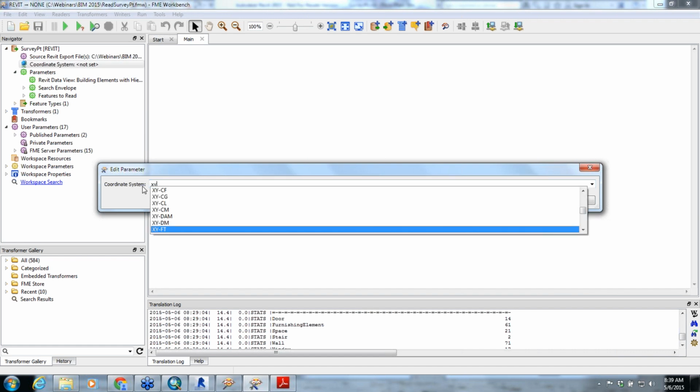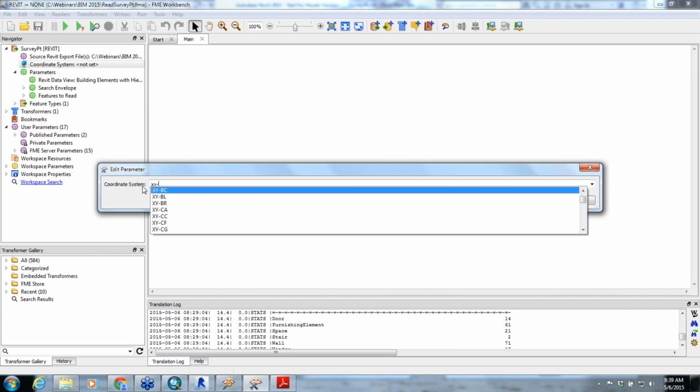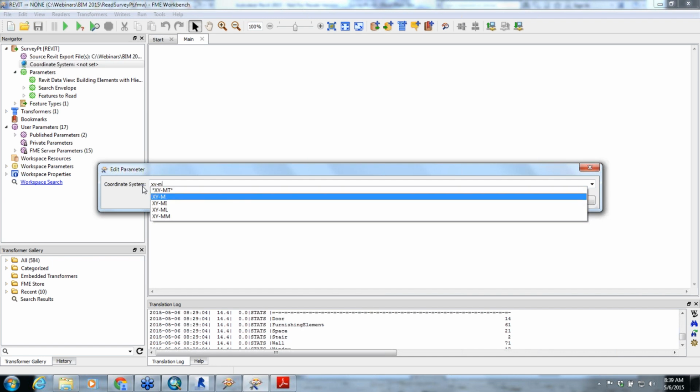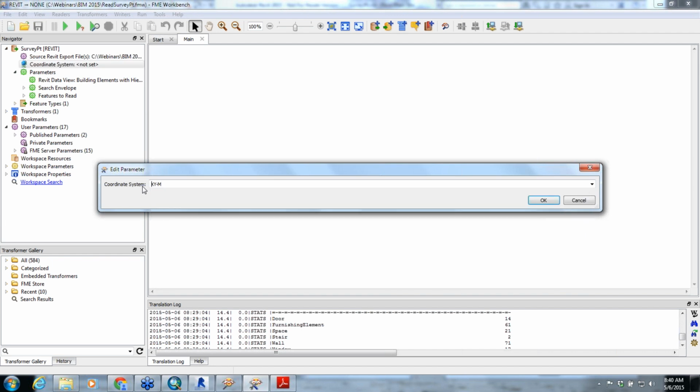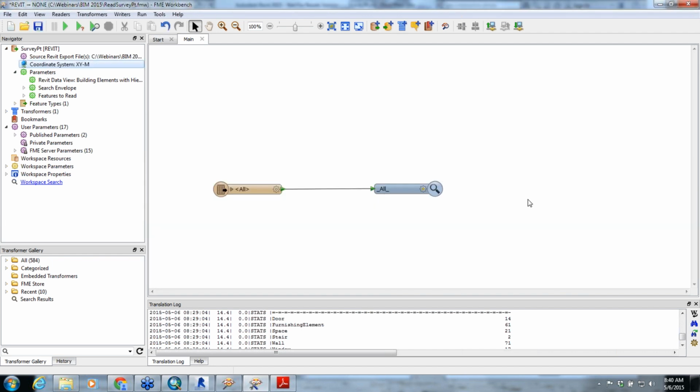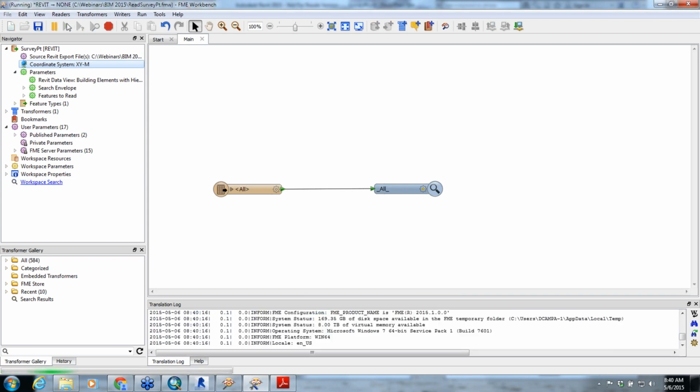We have a bunch of arbitrary coordinate systems, like XY feet, with the unit. In this case, it's a meter, so we're going to pick XYM, and that gives it a valid coordinate system. It's not much of a coordinate system, but if you're going into a GIS that requires a coordinate system, I think MapInfo might be one of them. It's an acceptable coordinate system to use. So if we run this quickly,